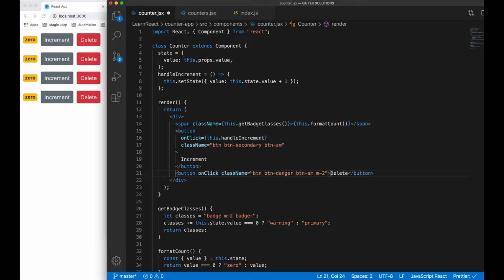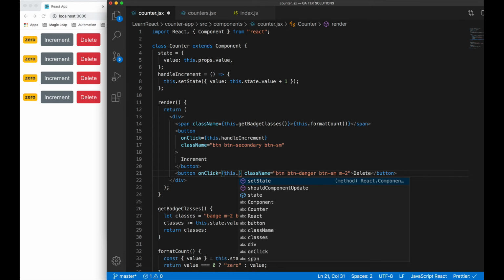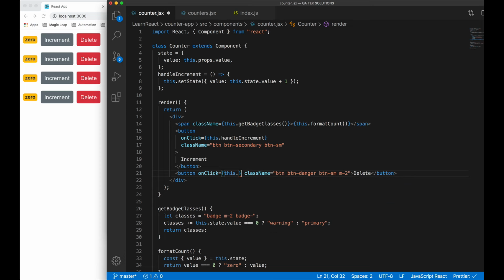I'm gonna add that attribute on click, and using the props, this dot. Another thing I explained to you last class: if you have a parameter in your method, and the method we have has a parameter,